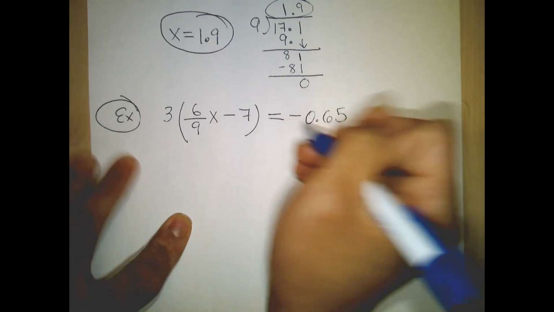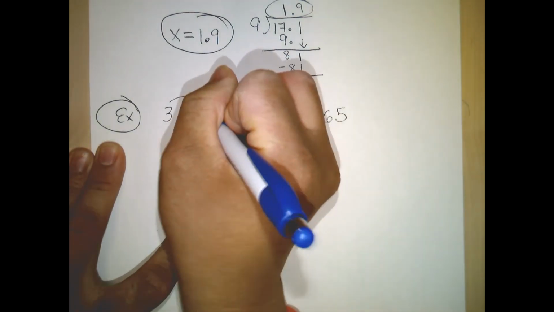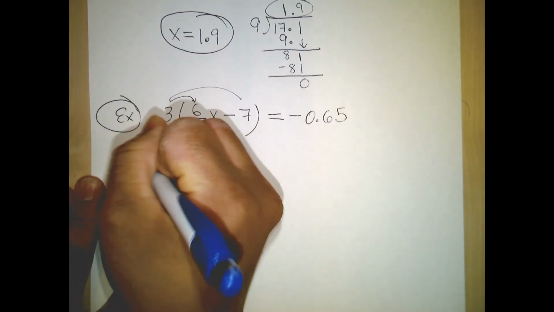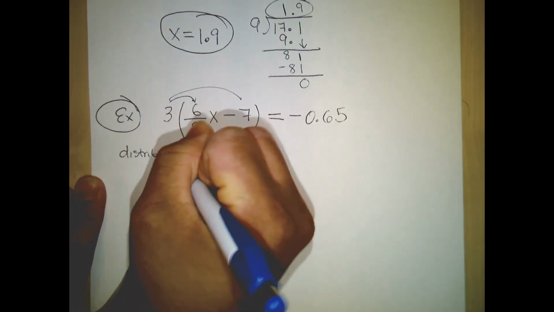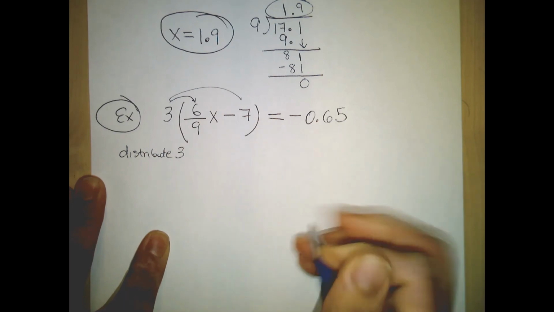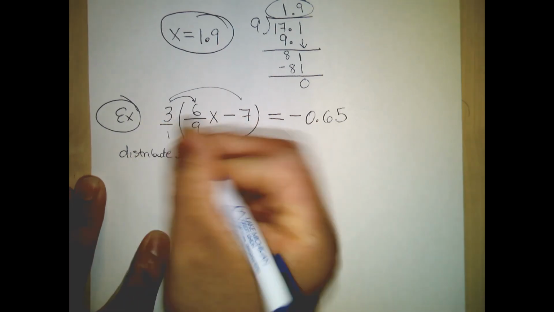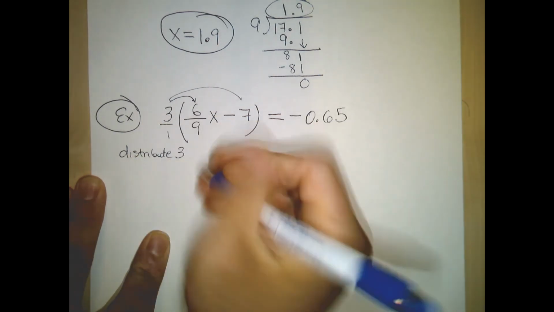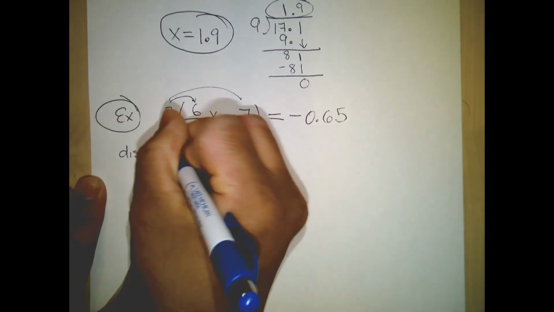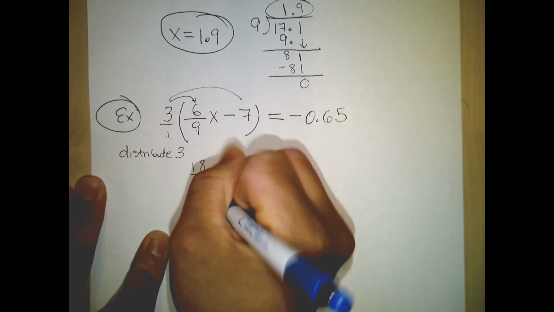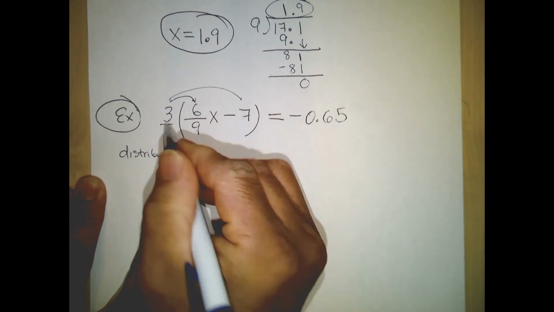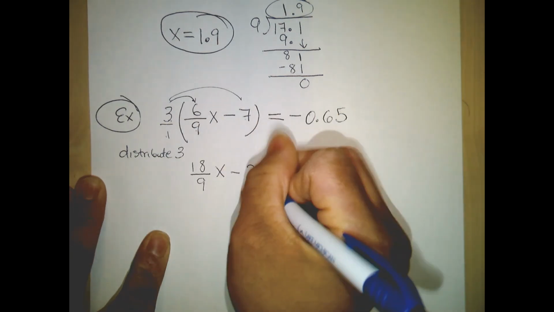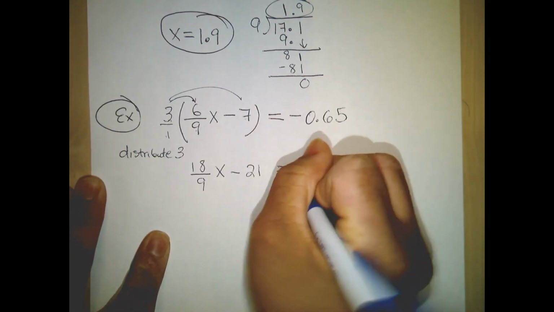And one of them is by distributing the 3. So let's distribute the 3. So this is like 3 over 1, remember that. So 3 times 6 is 18, and 1 times 9 is 9x. Then 3 times 7 is 21, and that's equal to negative